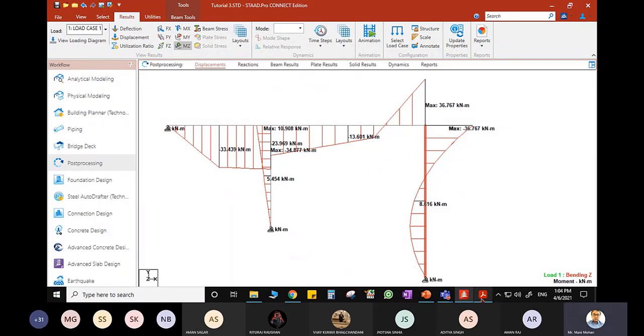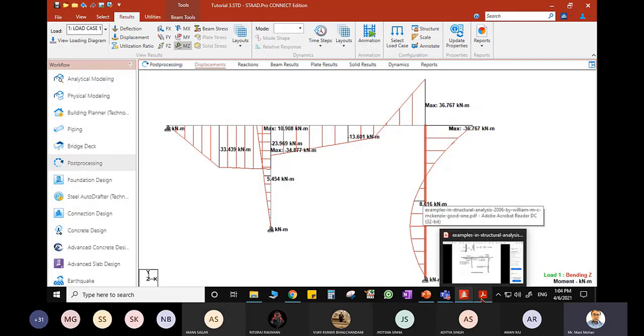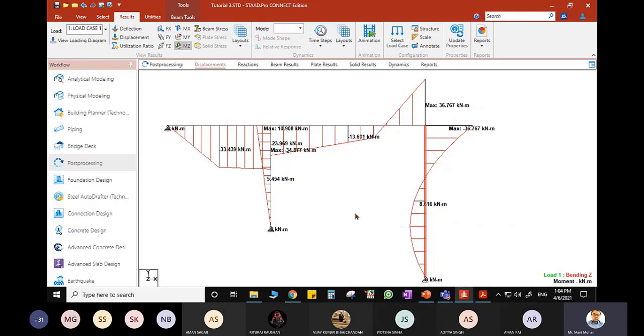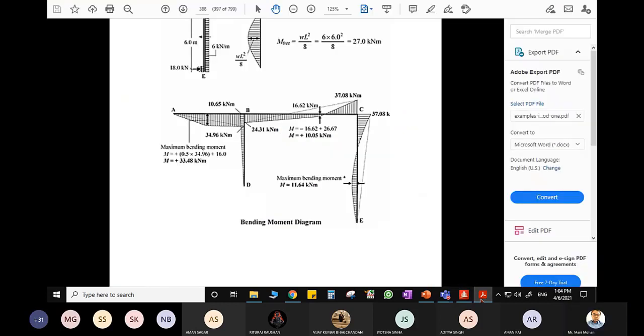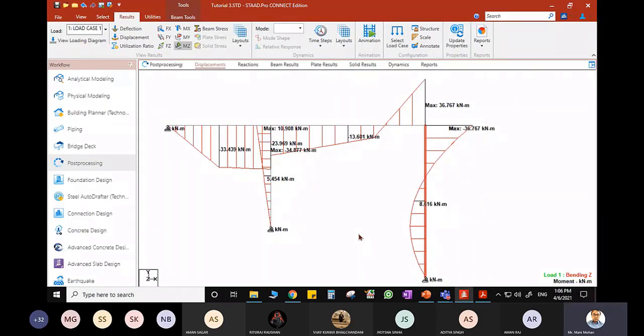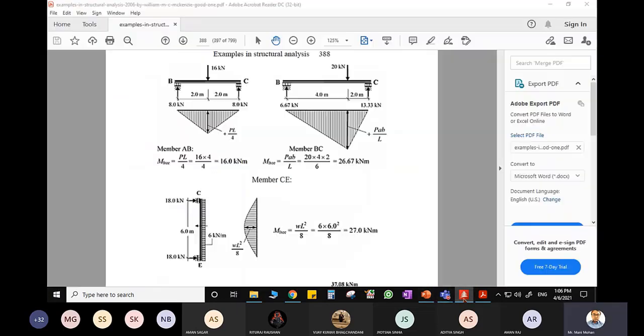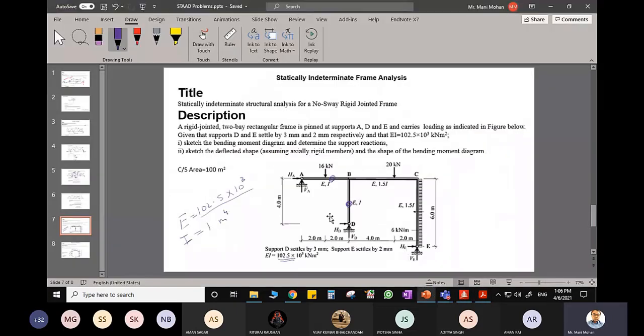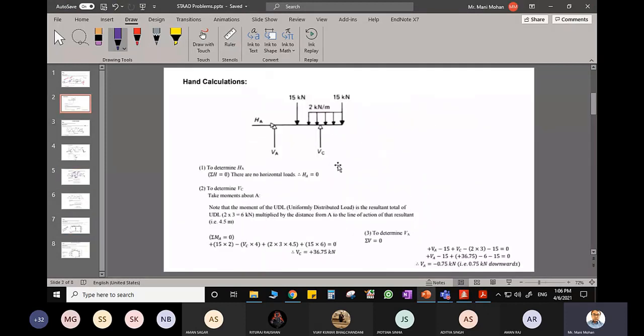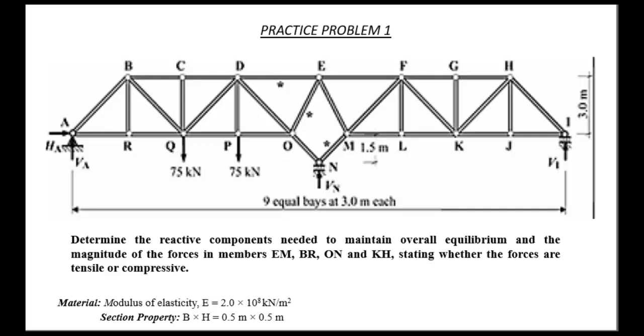So this is the bending moment diagram, and we can see that the results are matching very close to the hand calculation. And I'll recommend whatever I discussed today, you please try this. So you please try these problems first on your own, because the solution has already been given to you. Solve this problem and then try to solve some 3 problems which I'll be going to give based on the kind of problems which I discussed. So here are the practice problems.